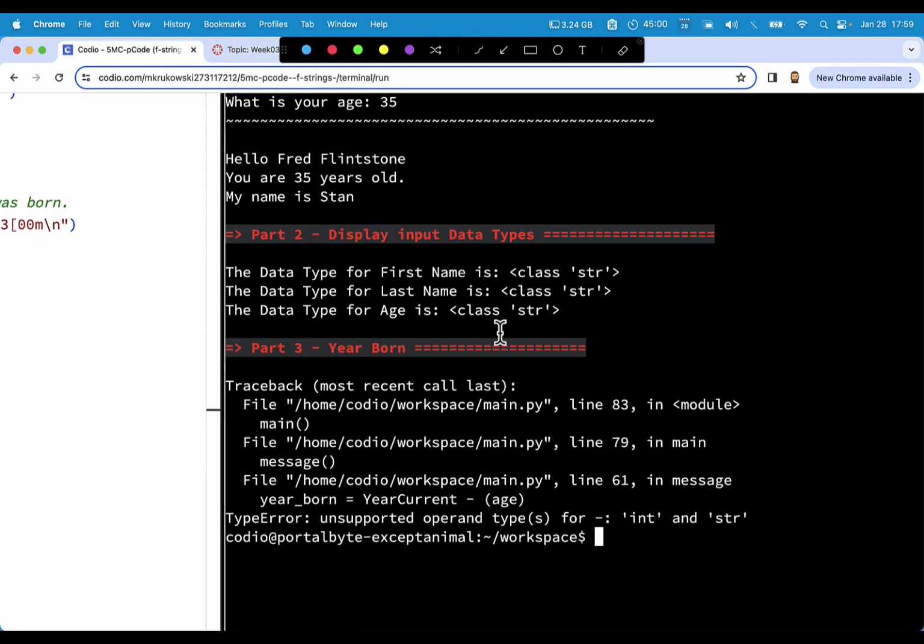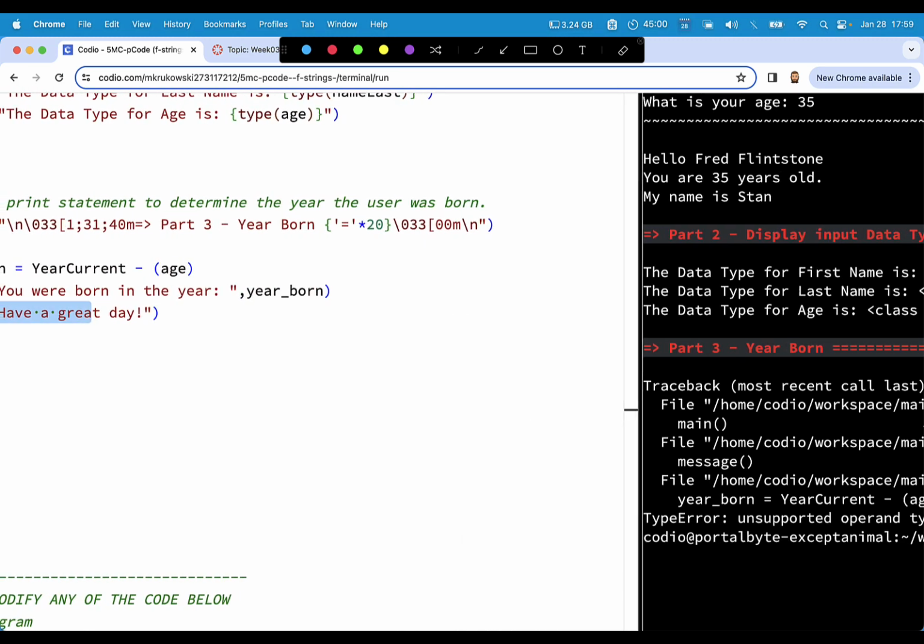Oh, and we got an error. So if we look at what is in store here, basically it's this part, line 61. It's saying that the current year supported operand needs to be int, but we have an str. So if we look at line 61,